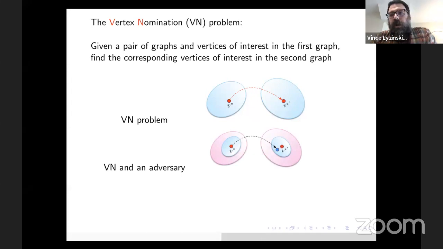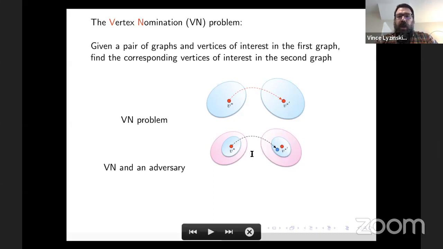And so the way we picture an adversary, and this is actually well motivated by theory, is that an adversary is somehow a probabilistic mechanism that comes in and acts on the network. When it acts on the network, the pink here is the part of the network that's been contaminated by the adversary. It acts on the network in such a way that when you run your query algorithm again, it no longer can find interesting vertices, or it can't find them as readily as it could initially.